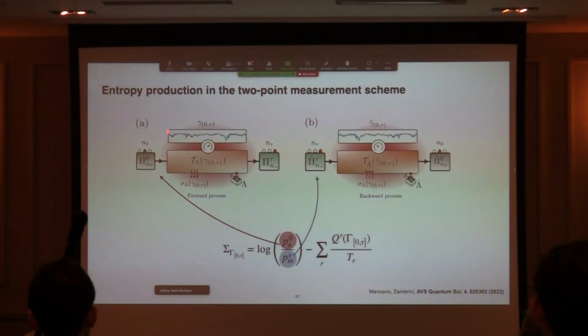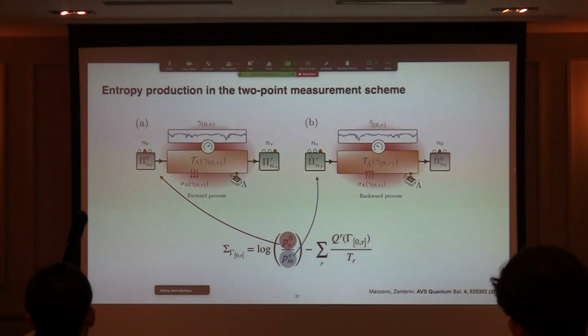So the two-point measurement scheme works as follows. You start in an initial state, and then with probability p and 0, you project into one of its eigenstates. Then you let the system evolve according to its conditional evolution, and you arrive at a final state, and that one you project into the unconditionally evolved initial state, so into one of those eigenstates. So you have a measurement at the beginning, and the probability p and 0 is related to the measurement at the beginning. And then the backwards process,